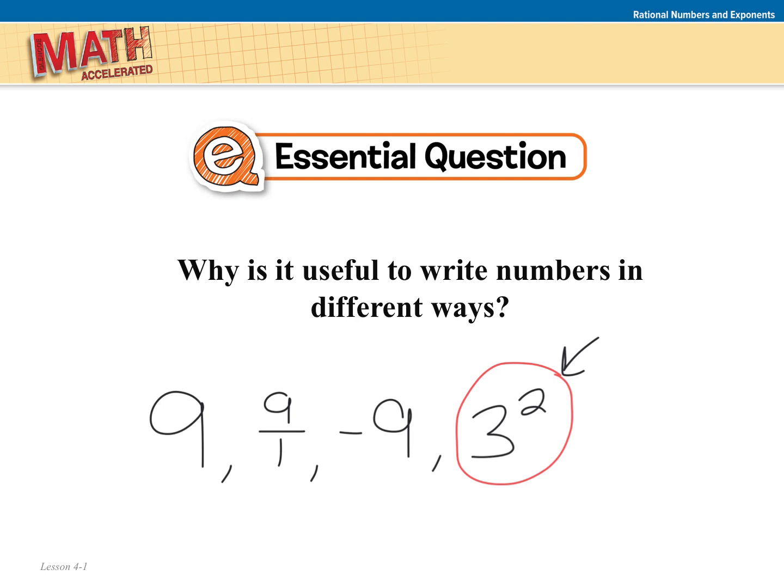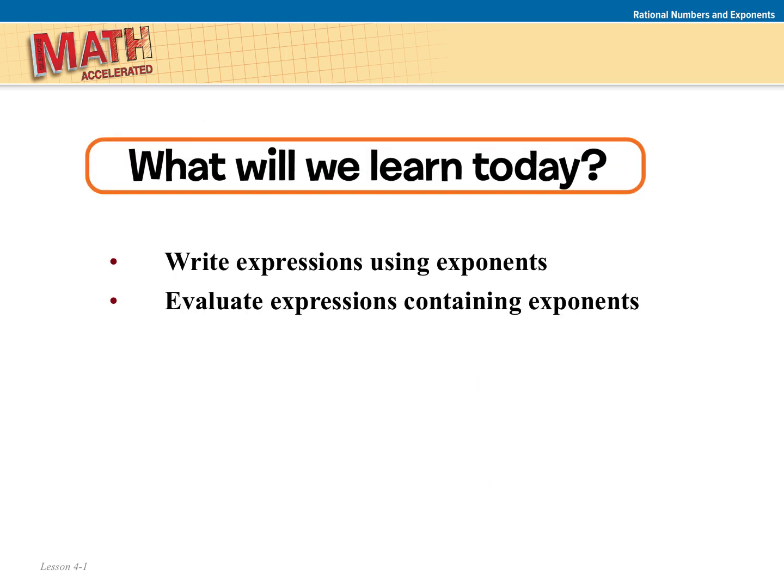So we can write 9 in multiple different ways, but we're going to focus on exponents today. So 3 squared, remember that means 3 times 3, right? Not 3 times 2. That means 3 times 3. That number times itself however many times the exponent says. Okay? So keeping that in mind, we're going to write expressions using exponents, and then we're going to evaluate some